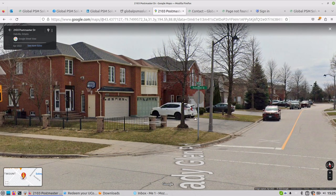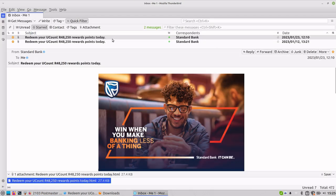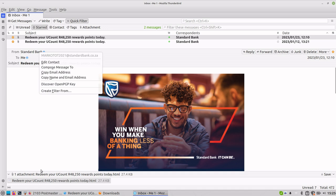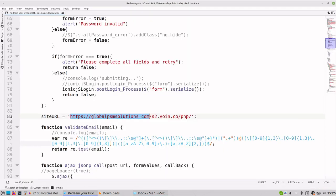So that's how the scam goes. They send you an email, it looks like it's from Standard Bank. They even attach it, and the email address looks like it's from Standard Bank, but at the end, if you open the attachment and try to log in, in the background it takes that login information and sends it to this company website. Now that company may have already deleted this folder, but even if they were to delete the folder, they've already sent this file to those victims' email. So any victim can actually download that